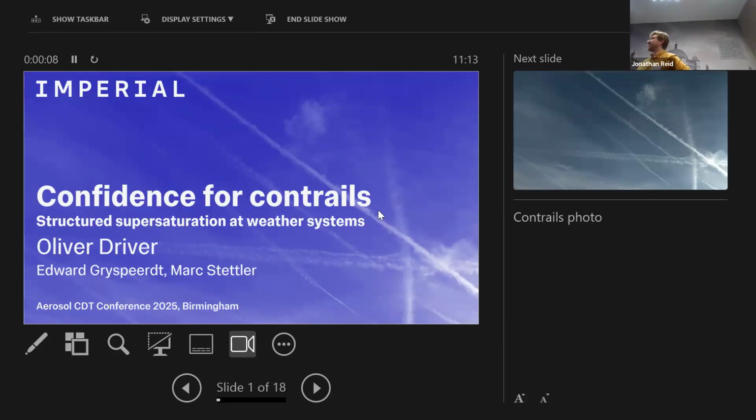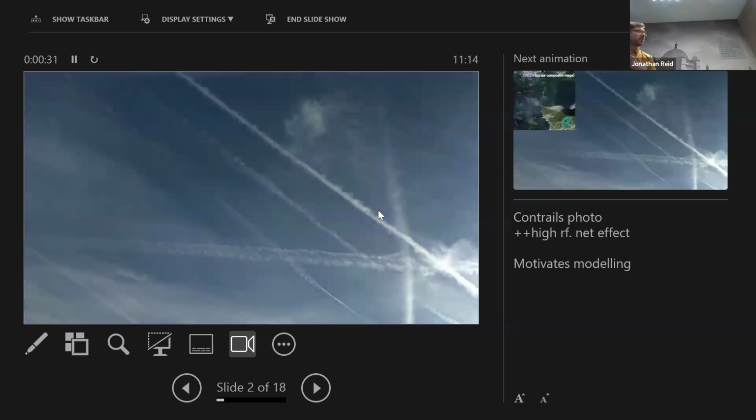Yeah, so I'm here to talk about this, which is my second piece of work on contrails. But I think there are some things in there to take away about working with weather data, and the importance of tailoring the data that you're putting into your models to suit the application that you're applying it to. So contrails, that I hope you recognize, are these clouds that are generated by